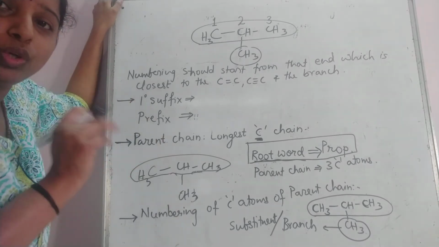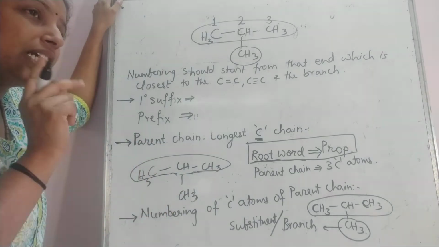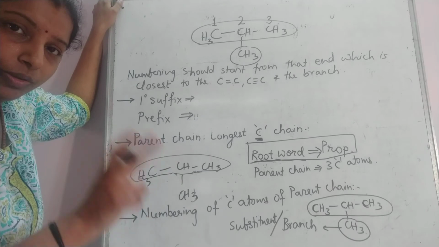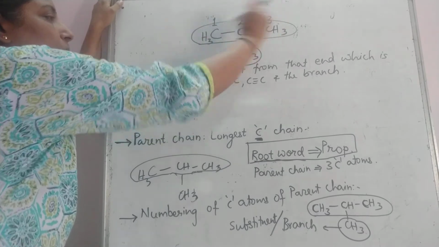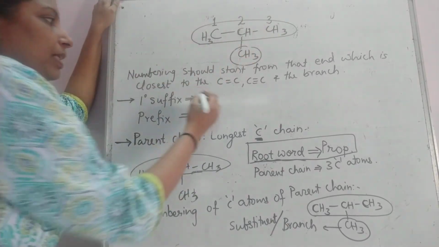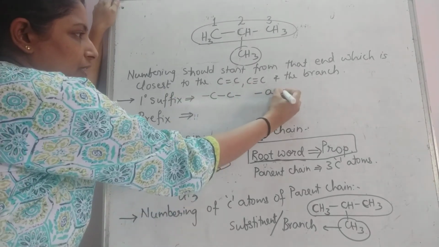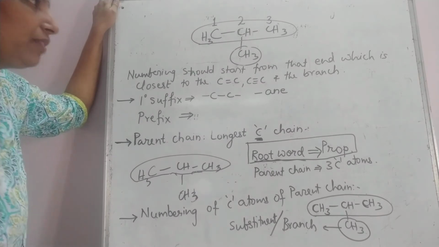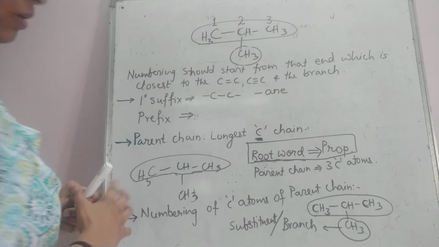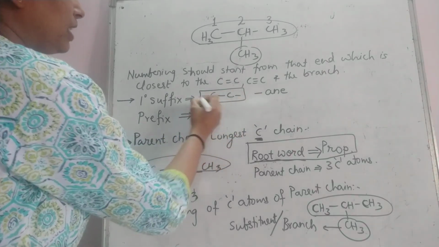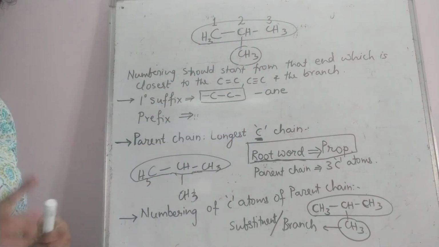parent chain. Because what is the rule of marking a parent chain? A parent chain should be the one which contains carbon atoms of double bond and triple bond. Okay, तो जो भी double bond triple bond है वो दोनों carbon atoms इधर ही नजर आएंगे. अब यहाँ पर कुछ डबल बॉन्ड ट्रिपल बॉन्ड नजर नहीं आ रहा. तो जब कार्बन कार्बन सिंगल बॉन्ड होता है तो व्हाट इज द प्राइमरी सफिक्स दैट वी राइट? The primary suffix that we write is ane. अल्केन का एन. Okay. So when you find carbon carbon single bond throughout the parent chain, the primary suffix that you write is ane. Okay.